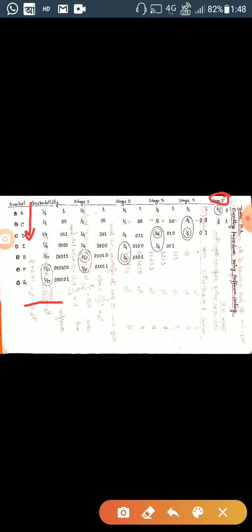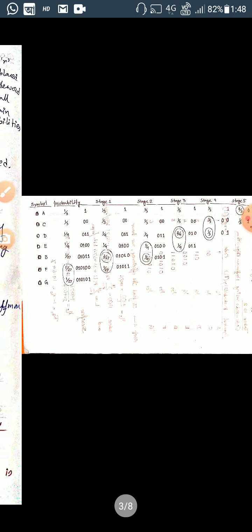In this case, F and G is the last one, and you add this by using this circle one on that. If you add 1 by 27 and 1 by 27, the result will be 2 by 27. So this is the higher value rather than the 1 by 27. For this reason, the 1 by 27 is the least one for stage number 1, and the added result, 2 by 27, is put at the upper of that particular one. So for stage number 1, the resultant data is coming in this position,